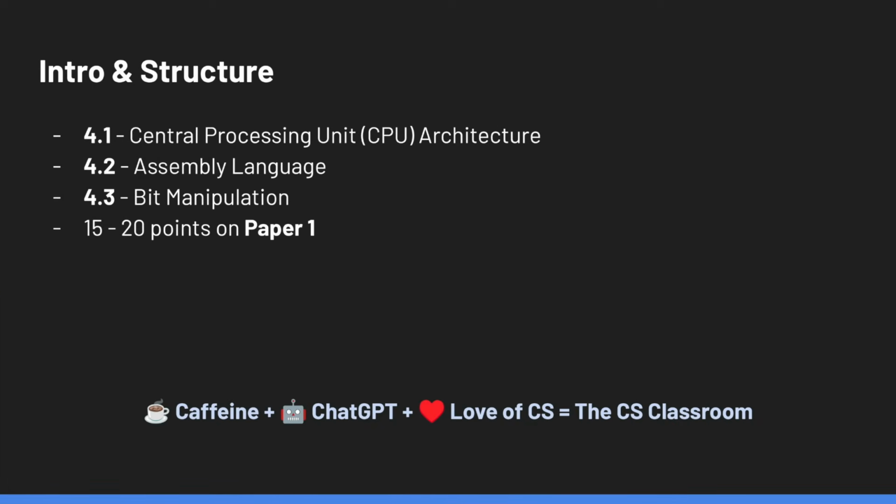In this video, we're going to cover three subsections of Unit 4. The first is going to be on CPU architecture, the second is going to be on assembly language, along with a number of A-Level examples, and the third is going to be on bit manipulation. As a whole, this topic composes around 15 to 20 points on paper 1, so it's a fairly substantial portion